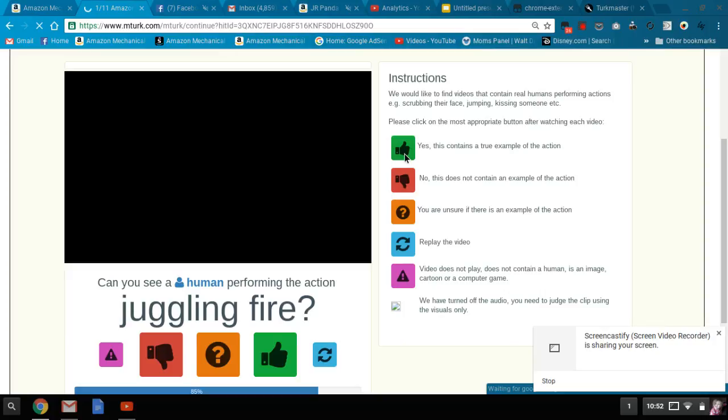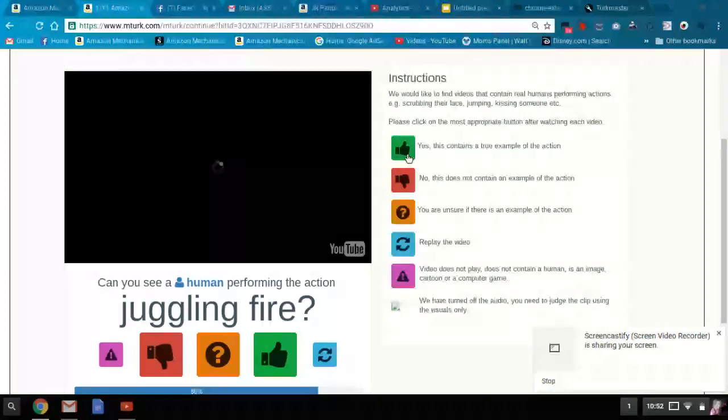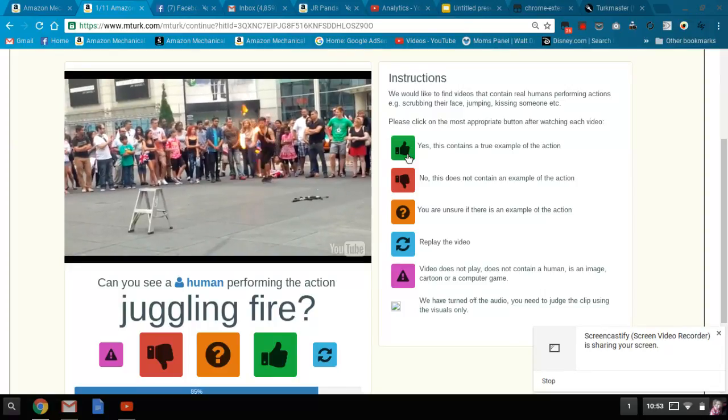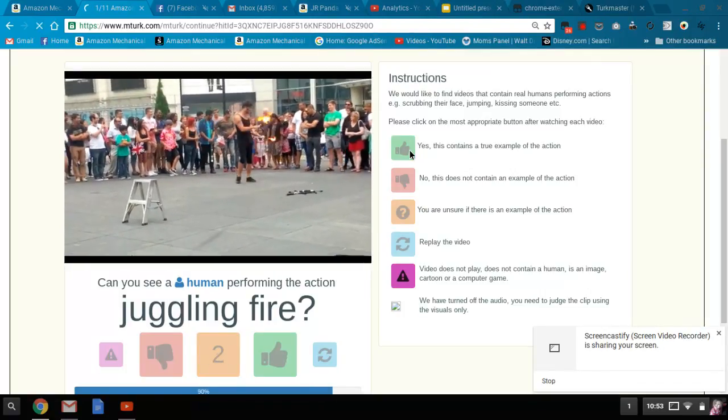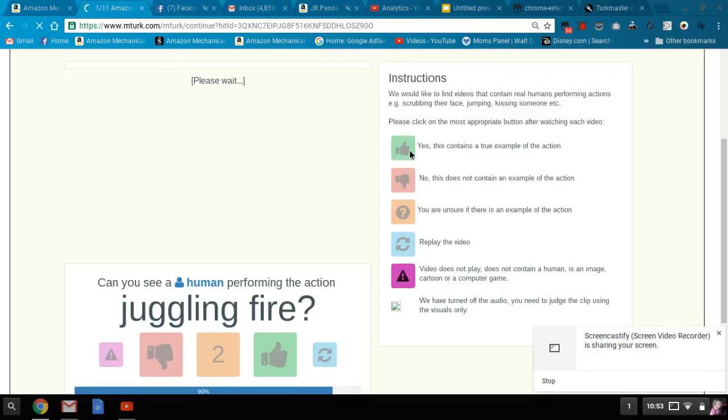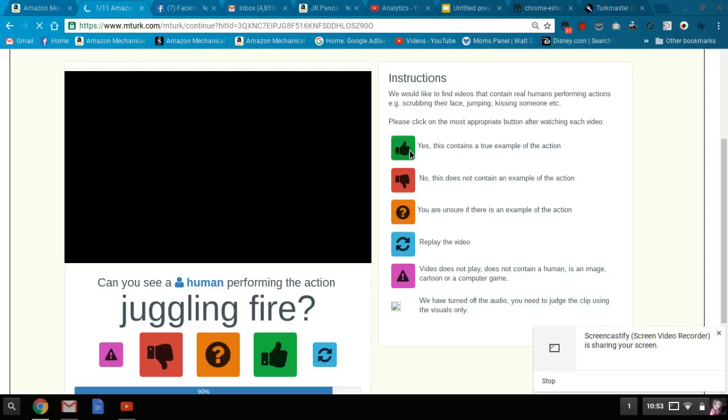If you're going to do the 10 that you get in every batch that Will drops, you're going to need to address them pretty quickly. You can't really let them sit in your queue for too long. And since these are pretty popular hits, you don't want to leave the batch sitting there because it'll be gone by the time you go back. It's just the nature of it. There's a lot of people on MTurk, and even on a Sunday, which today is, it's a little bit slower. I think people are doing family time and things like that. But even still, it's fairly busy on a Sunday.